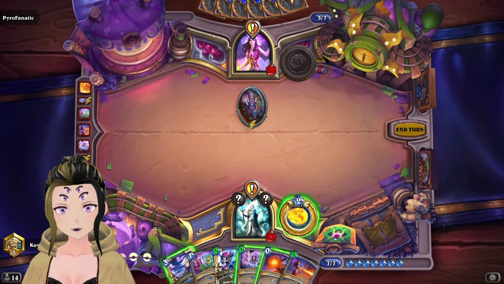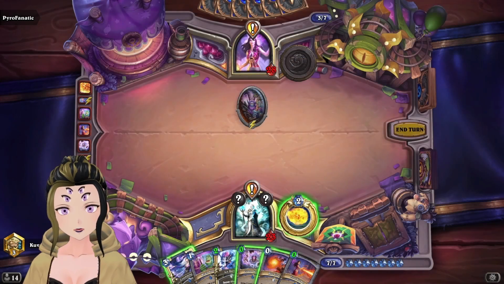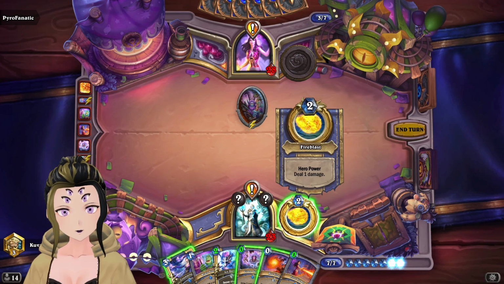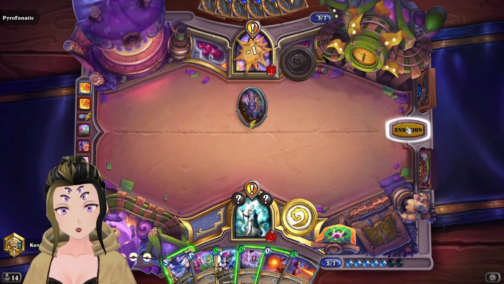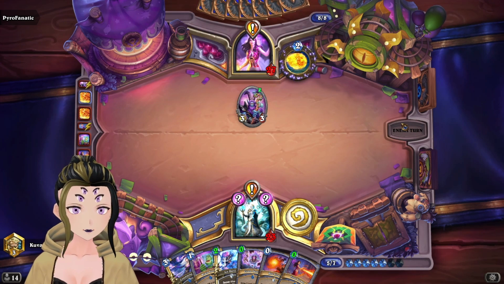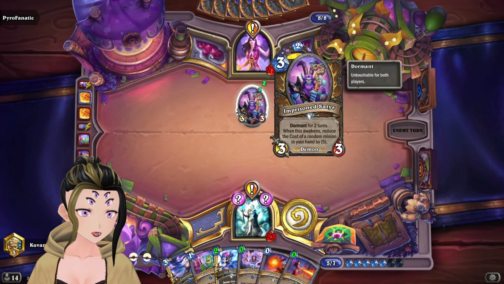Drawing into a First Flame. So we need to trigger Frost and Fire, but we only have a way to do one of those things. That's actually why I included the Brain Freezes after a while, because if you have both of your secrets that are Frost, you don't have any way to trigger the Frost step of the quest,